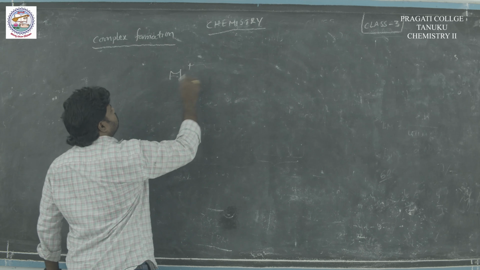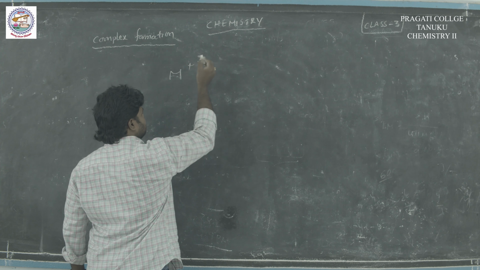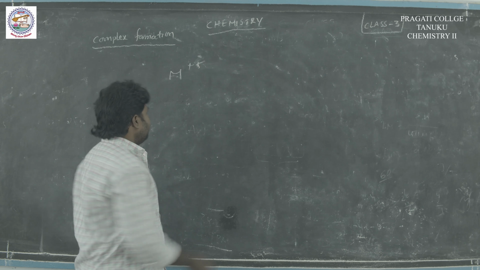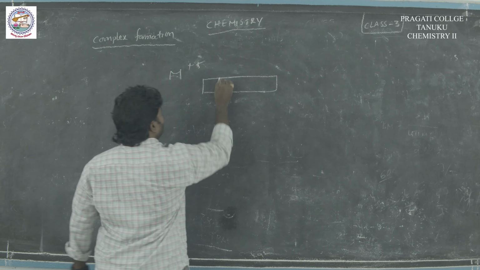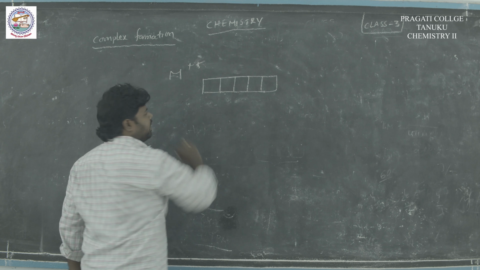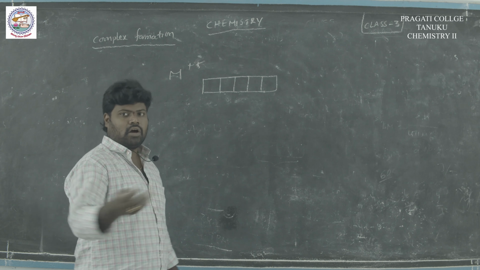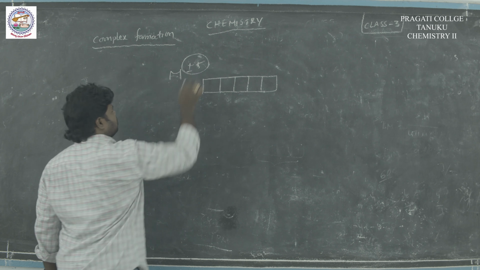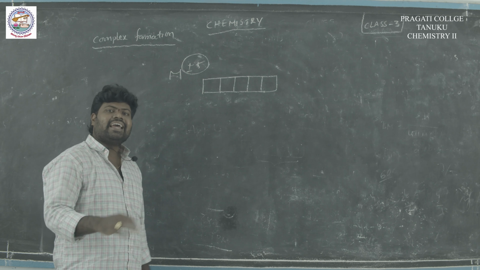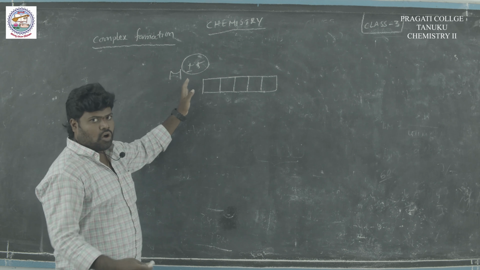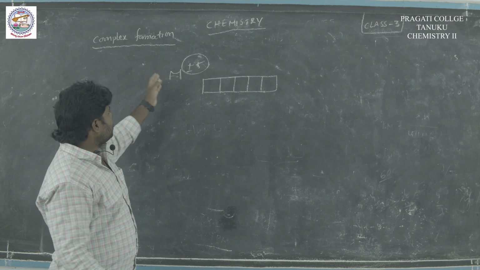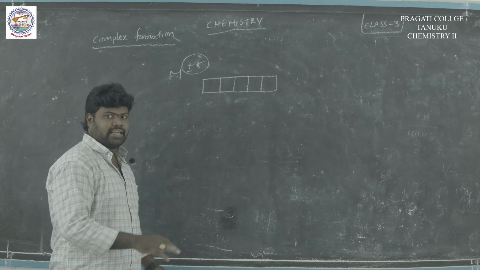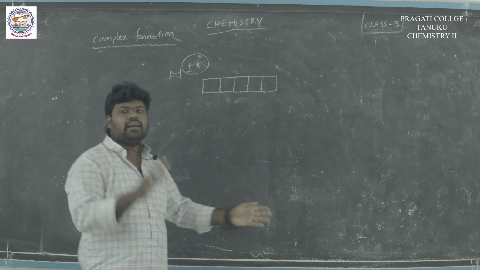So generally plus 4, plus 5, plus 6, plus 7, loss of some electrons. Then it contains vacant orbitals. Any time there is a loss of electrons, the indication of a charge is plus. Plus means cation. So due to the loss of electrons, metal cations are formed, and they contain empty d orbitals.